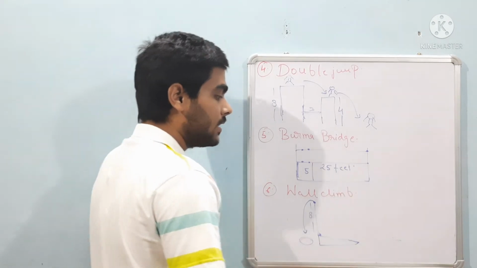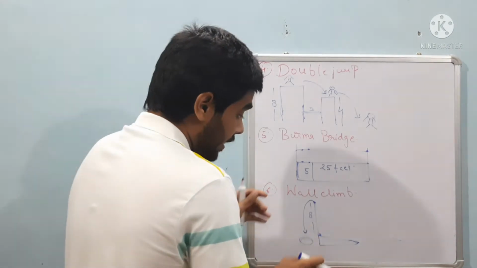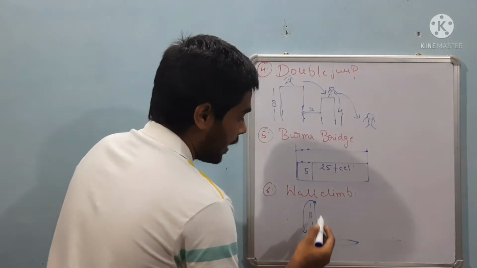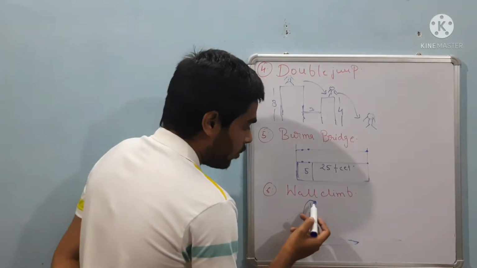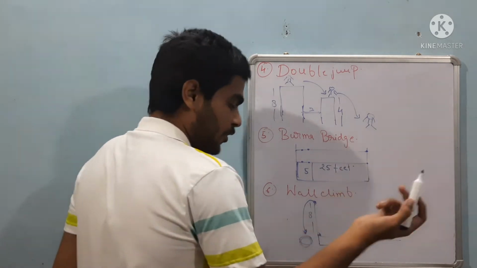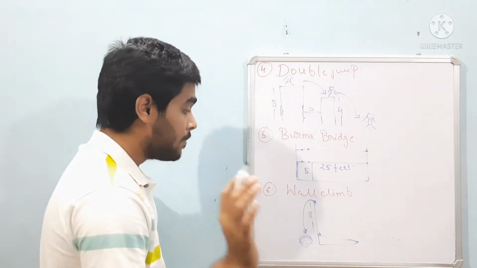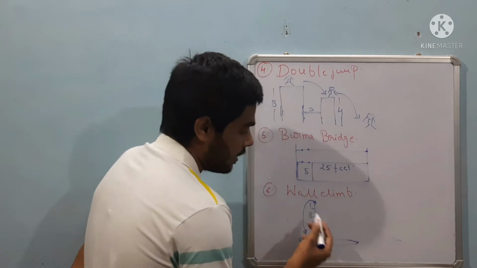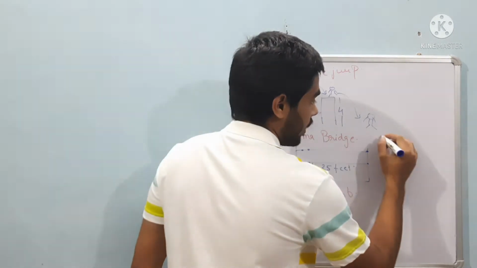So you have to just adjust your speed of running in such a way that you develop a suitable thrust to push your body upwards and hold this wall, and by holding this wall push your body upwards like you do chin-ups, and stand over here and just fall on this with your two legs, and you will not get hurt because sand is there. But one cautious thing you have to keep in mind while doing this is that there are red marks here, red dots are there, and I have told you in the GTO task, the rule of color.